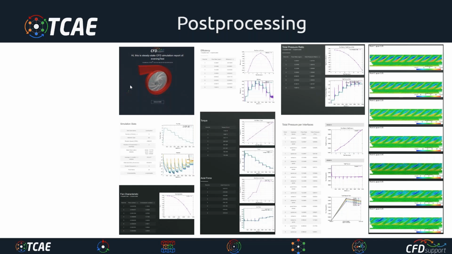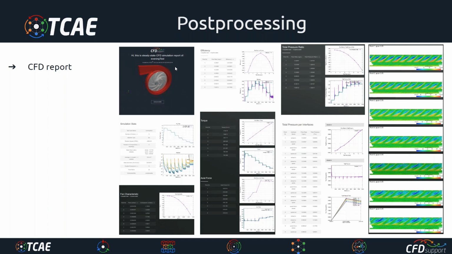TCAE has strong post-processing capabilities. Every simulation that's executed in TCAE has its own HTML report and PDF report where the results are presented, and whatever you run in TCAE, it has a report. That's very important. You see when it was simulated, what was simulated, what are the results,